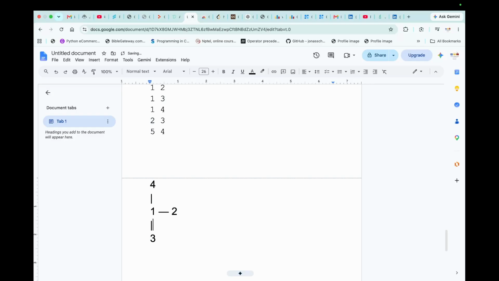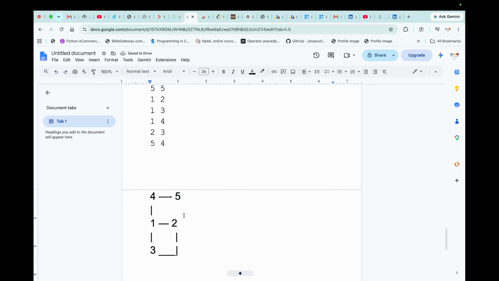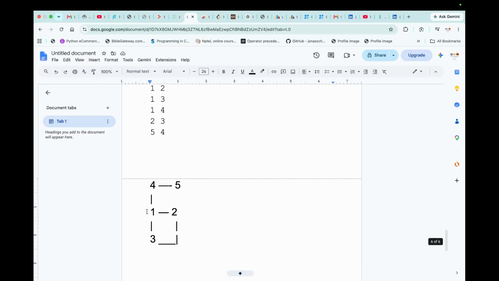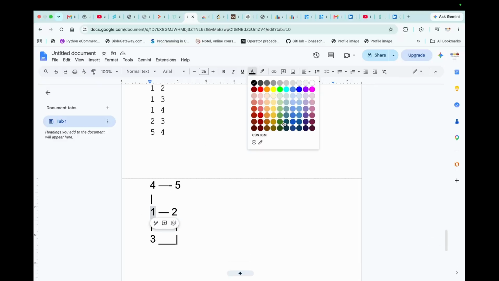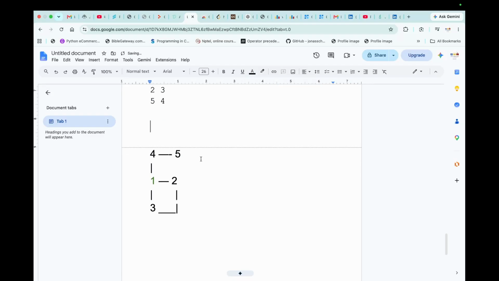Then we have a connection between 2 and 3. So we have a connection like this, and then we have a connection between 5 and 4. That's all. So these are the connections that we have: 1 2, 1 3, 1 4, 2 3 and 4 5. Now this is the source computer, which is computer number 1, and the destination computer is computer number 5,